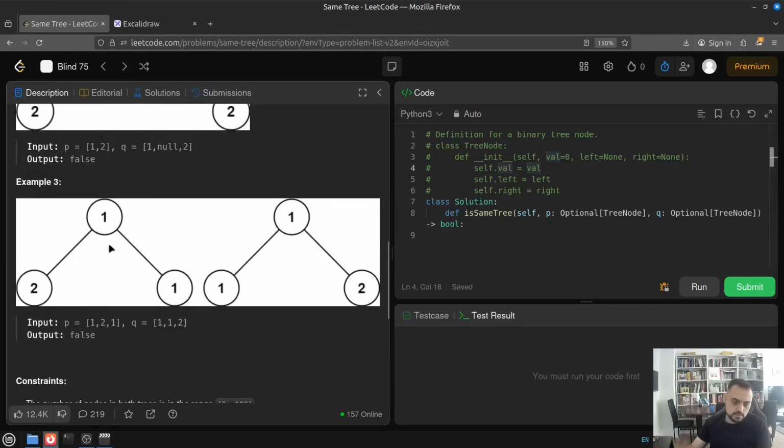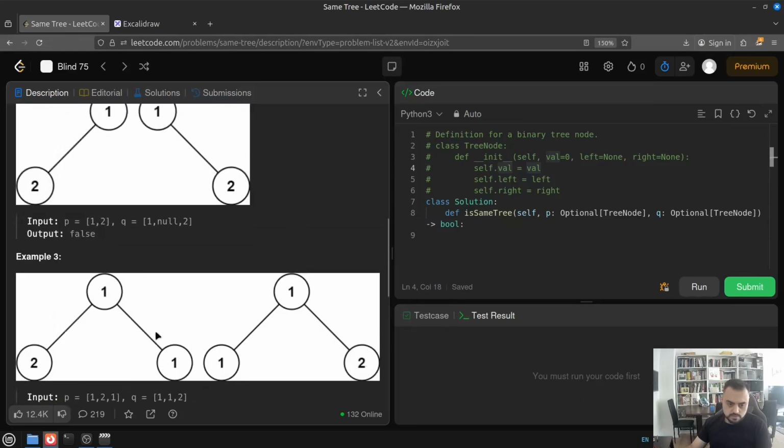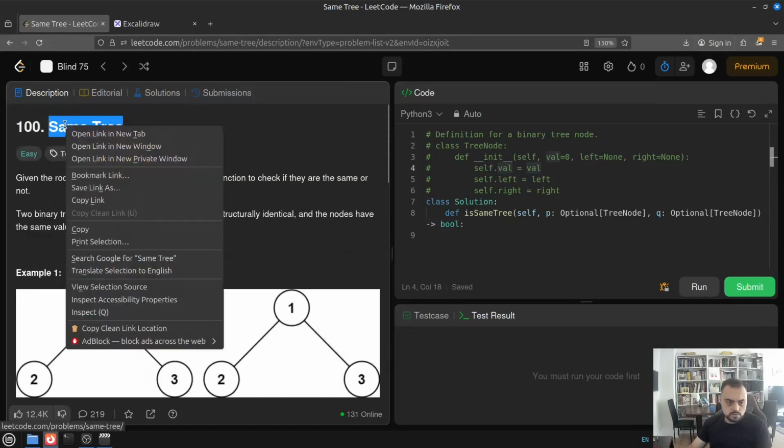The third example is similar to the second. The structure is different. The one on the left has 2 on its left and 1 on its right, while the other has 1 on the left and 2 on the right, which makes them not identical, and the output is false. So now let's try to